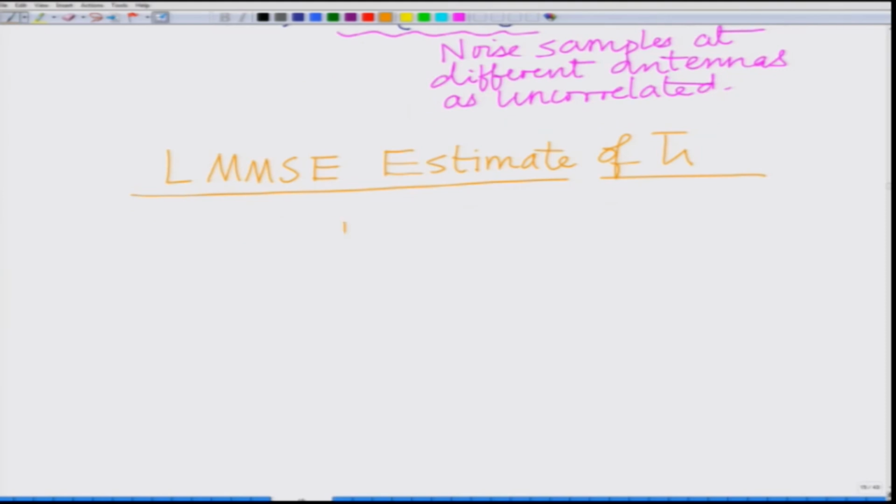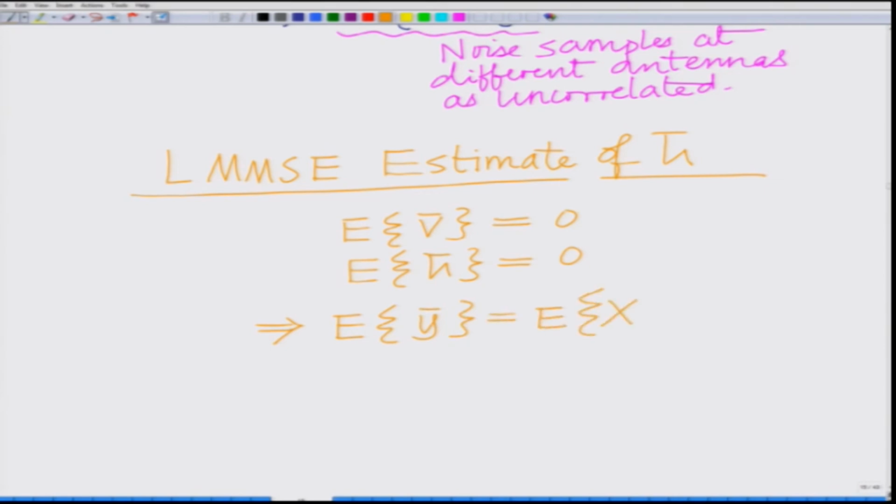First, observe now that the noise is 0 mean, expected value of V bar equal to 0. The channel is 0 mean, expected H bar equal to 0. This implies expected Y bar equals expected